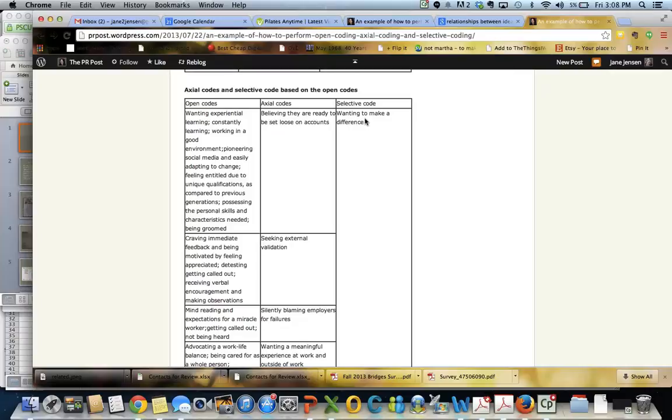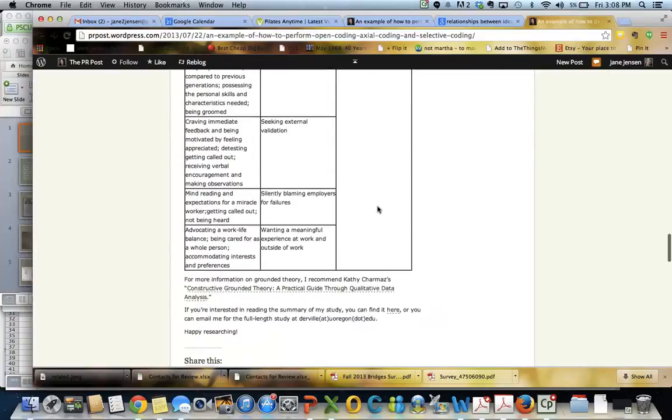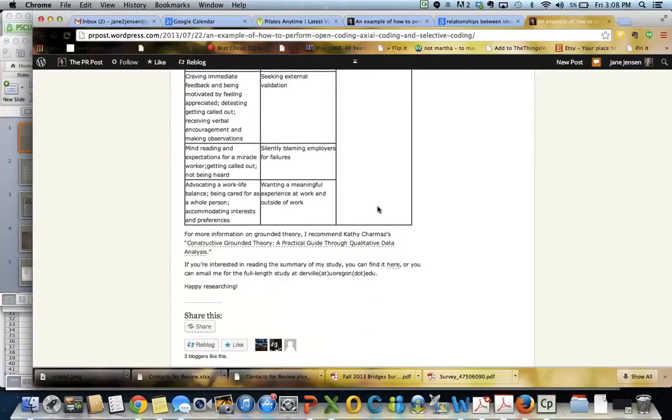So you could see where if she was doing a write-up, she might make the assertion that one of the things that these people want to do is that they want to make a difference. And then she would have all this evidence to go back to show how she came to that assertion. This is based on the Sharma's grounded theory that we've talked about before. So it shouldn't look unfamiliar. I just thought it was helpful to see another example, especially now that you've been reading some examples of analysis and thinking about how other people did analysis.